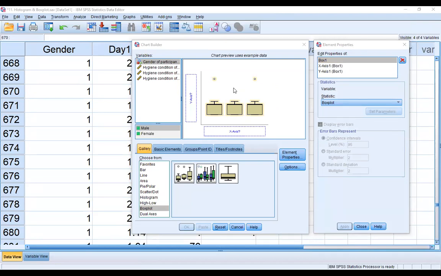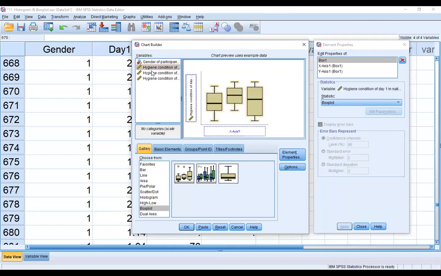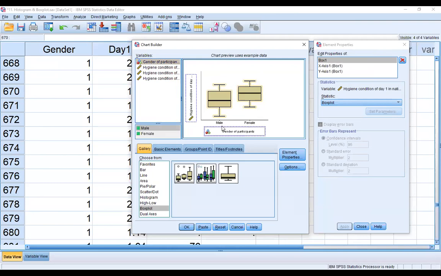So here I am selecting hygiene condition of day 1, and gender on the x-axis. Okay, and then continue.